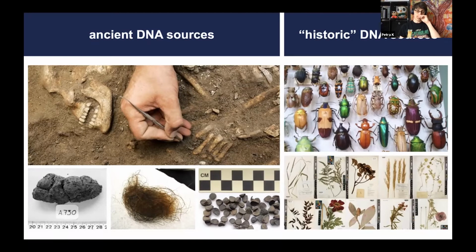You can also get DNA from coprolites, which are fossilized poop. You can get DNA from hair. You can get DNA from other things found at archaeological sites, such as seeds, jewelry, various wood ornaments, and so on. And if you go a little bit more recent in time, you also have a lot of historic DNA collections, which are more or less all of our natural history museum collections. So you have insects, you have various vertebrates, you have herbariums,